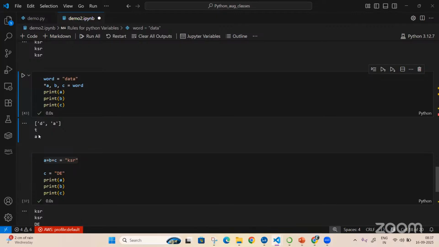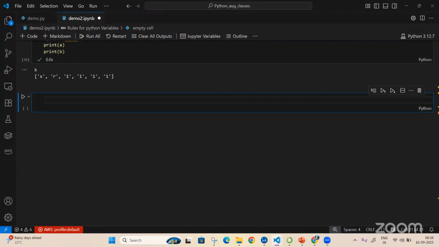Yeah, star will pick up whatever is more than the required words and assign it to that one variable. Any doubt in this? Are we good? Yes, sir.